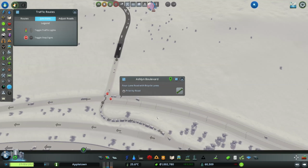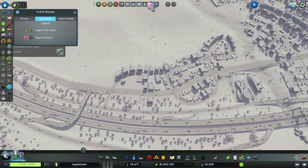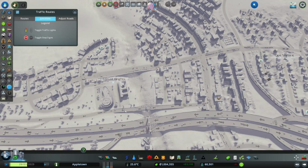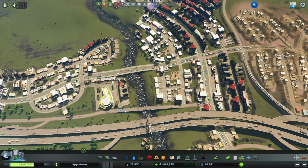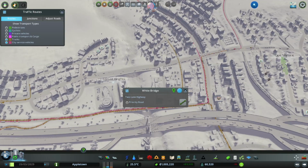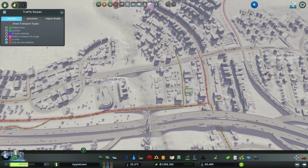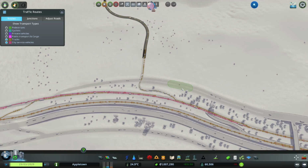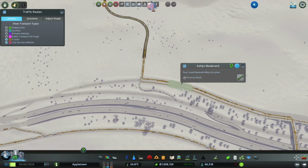I think this is a good route. And it looks as if the good thing is we must be having the truck traffic from the ore coming over and preferring this route to going this route. I don't know if that's true, but...